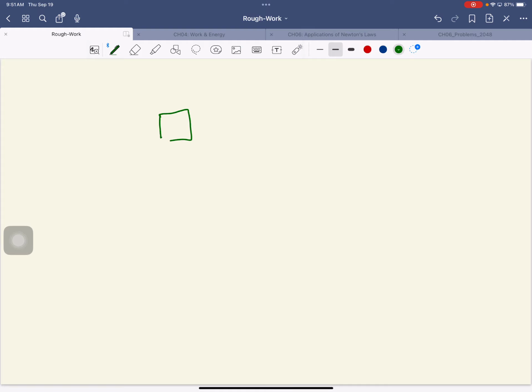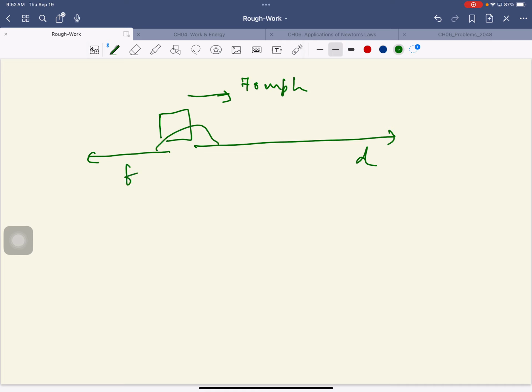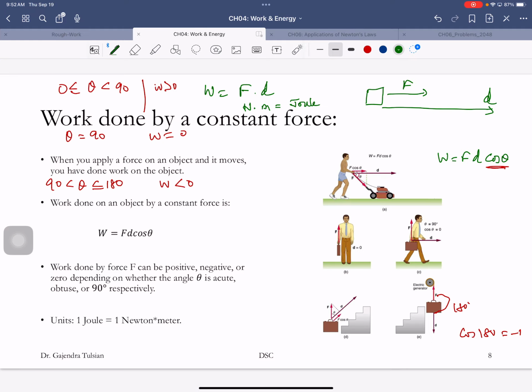So let's say you're driving at 70 miles per hour, and then you apply brakes. Your car is moving forward, and the braking force is in the opposite direction. And so you're doing negative work when you apply brakes. And when you do negative work on an object, you reduce its energy, and you're stopping the car. So you do that all the time. All right, so here's how you calculate the work done, and the work done can be positive, negative, or zero.